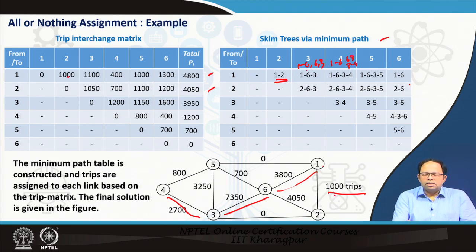Now, let us look at 1 to 3, that means we have a shortest path which is 163. So, 1 to 6 and 6 to 3 are the two links. So, let us look at 1 to 6. 1 to 6 appears over here, in 1, this is from 1 to 3. So, 1 to 6 again appears over here, and again appears here, and again appears here.